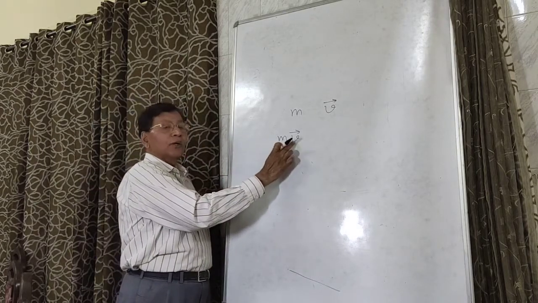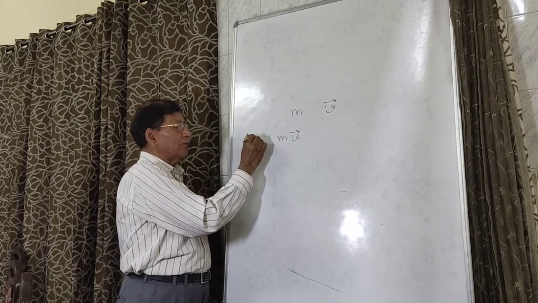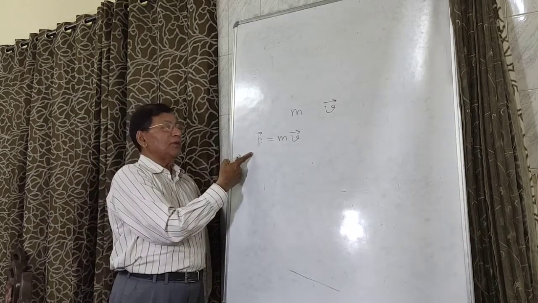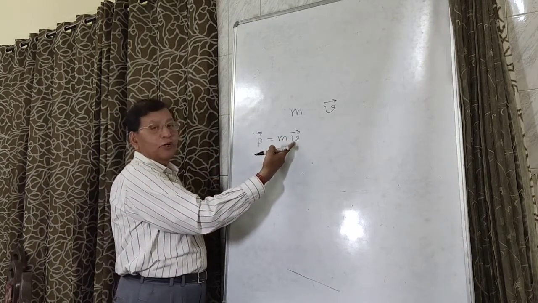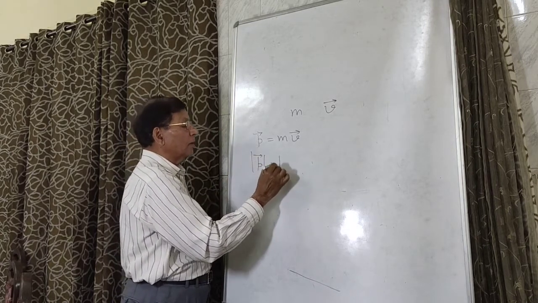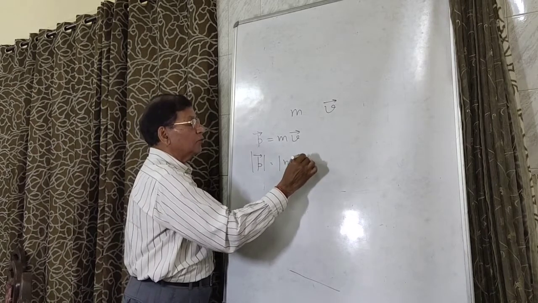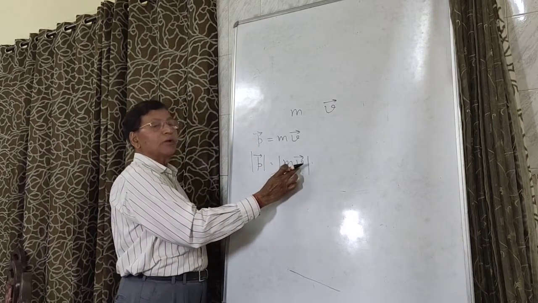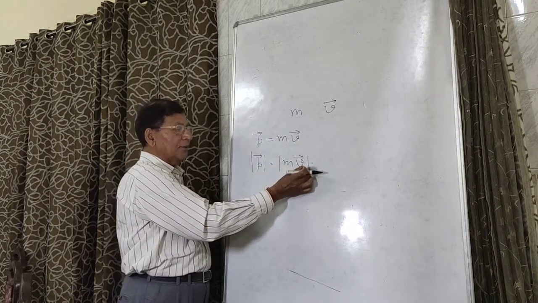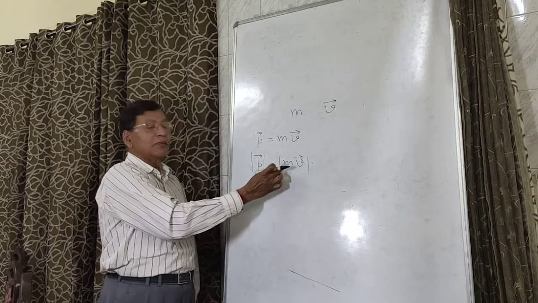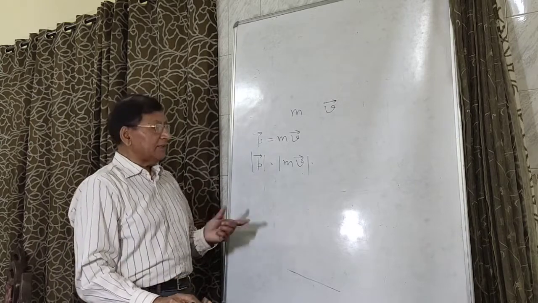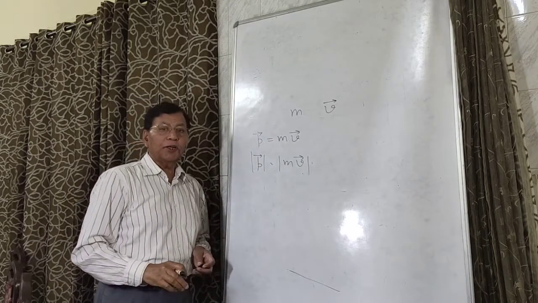Mass is scalar, velocity is vector, so momentum is also a vector. It is generally denoted by small p vector. The direction of p is the same as that of the velocity of the body, and the magnitude of momentum, that is |p| equal to m|v|, and its units are the same as those of mass into velocity. Therefore in SI the units of momentum are kilogram meter per second, and in the CGS system the units are gram centimeter per second. Now the second law says that if we apply some force on the body, its momentum